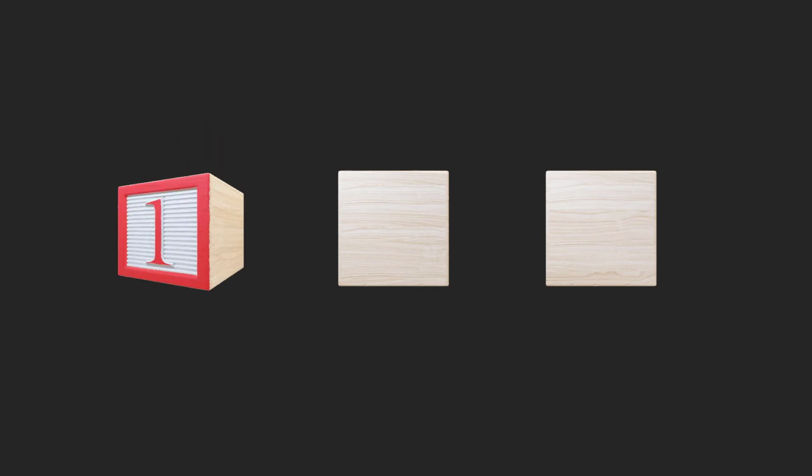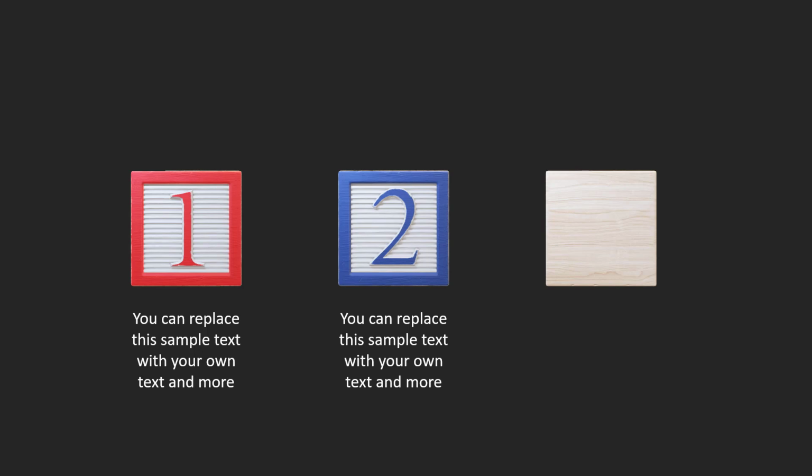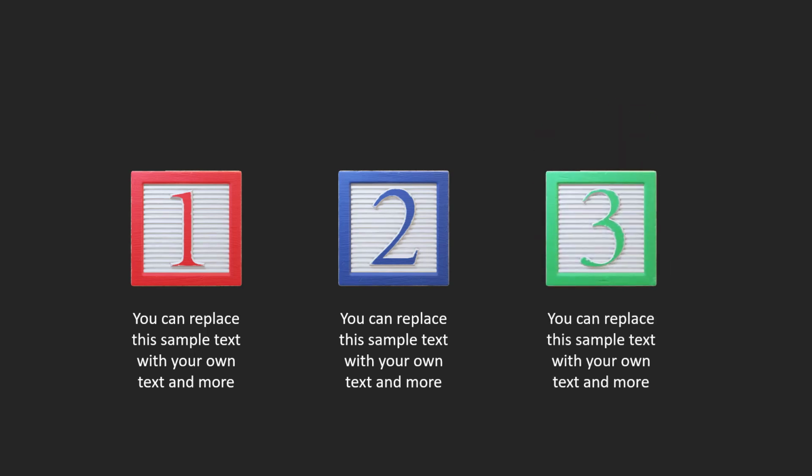For example, I introduce the first item like this, then on a click, I introduce the second item, provide explanation, then on a click, I introduce the third item. This animation is so simple that even beginners can do it, but the only caveat is you need to have the latest version of Microsoft 365 or PowerPoint for web or PowerPoint for mobile. Interested to learn how to create this effect?